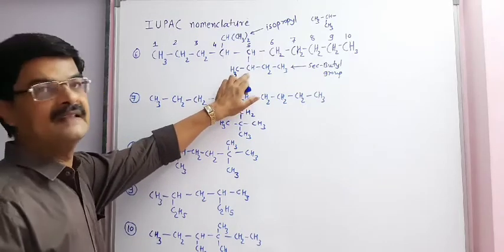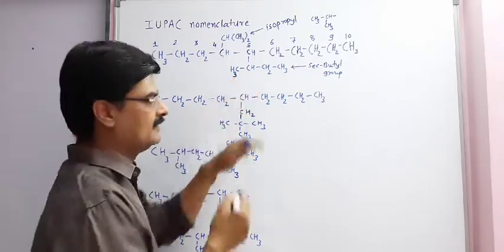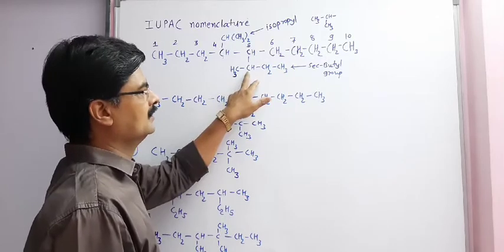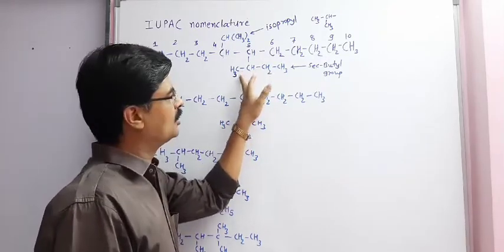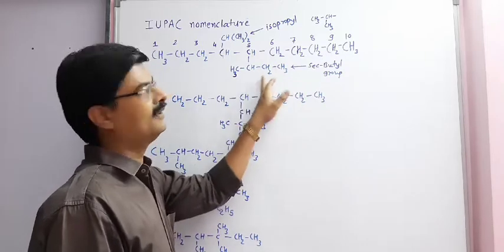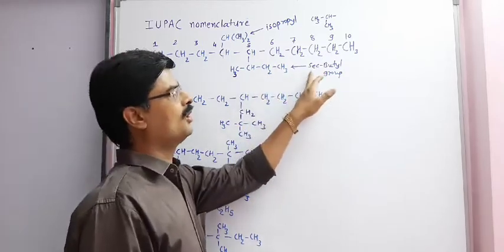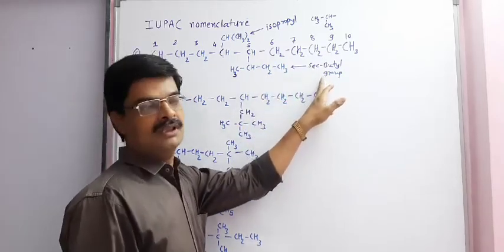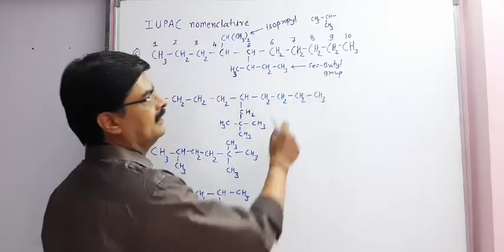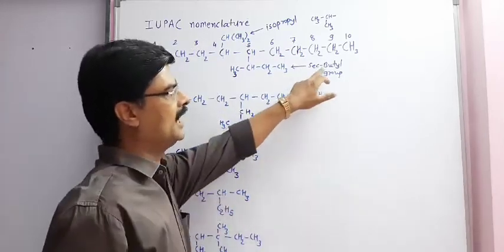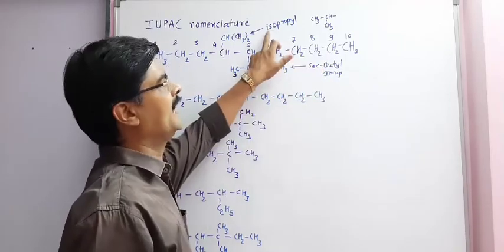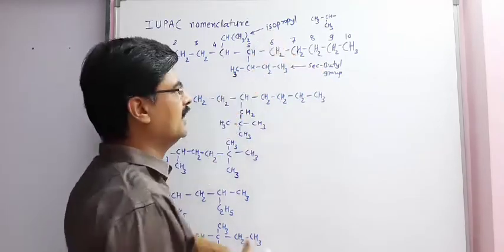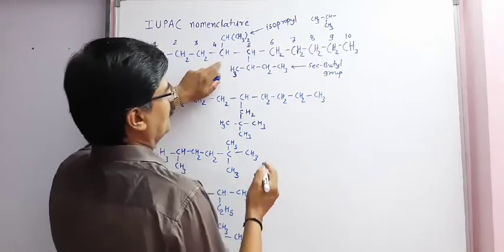group is said to be secondary butyl group, because the carbon which is attached to two other carbon atoms, and total number of carbon atoms are 4. That is why it is called secondary butyl group. Now, while writing, we have to take alphabetic order B for butyl, but not I for isopropyl. Therefore, the name of the compound is